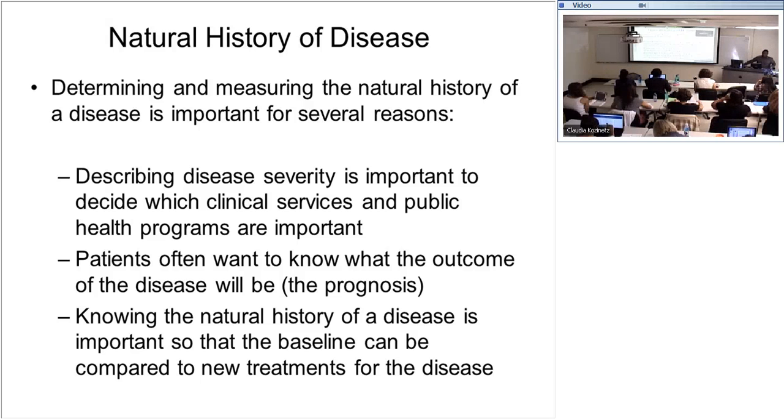Of course, patients, one way or the other, when we have a condition, we would like to know what will happen to us. But sometimes we feel so scared, and the uncertainty can create a lot of stress for us. But when we know what is going to happen, or what we are supposed to expect, then we can know how to live our lives and how to even manage the condition. Then, when we know the natural history of the disease, it's also important because we have the baseline, and then we can compare that to the treatment, as I earlier said.